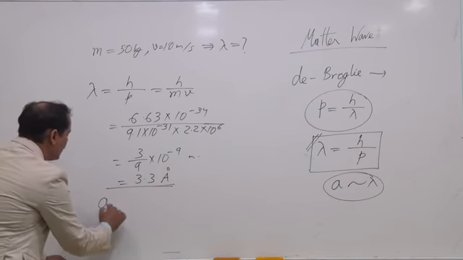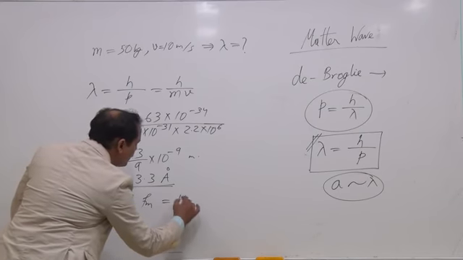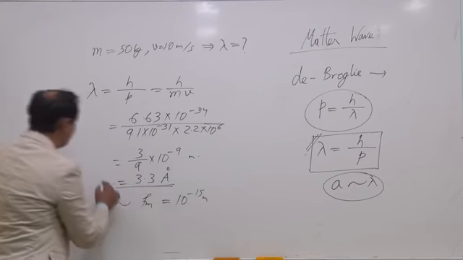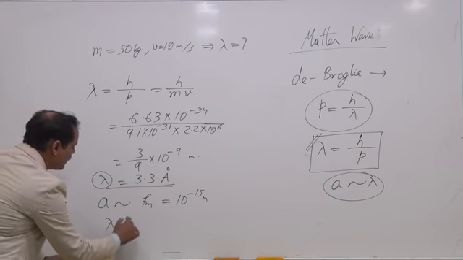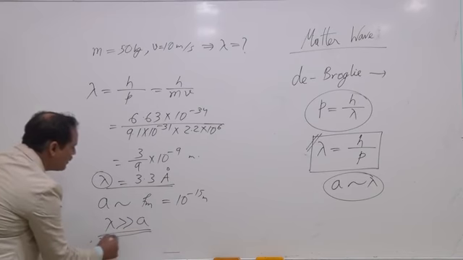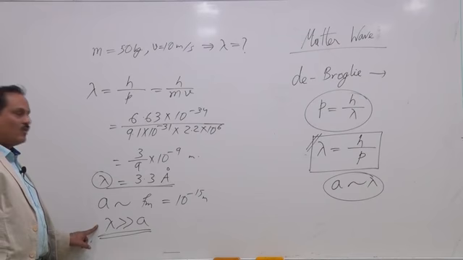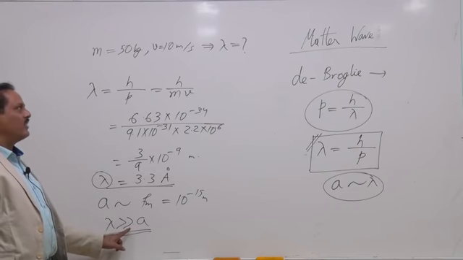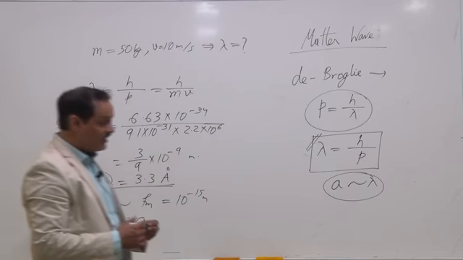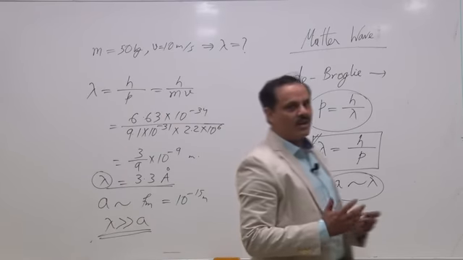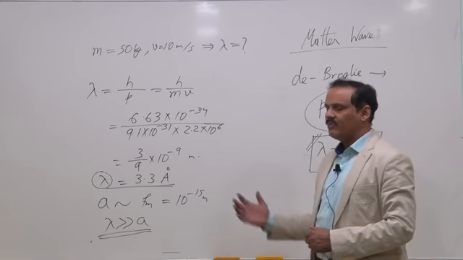Whereas the size of the electron is of the order of Fermi, that is 10 to the power minus 15 meter, and this is its wavelength. So, the wavelength of the electron is much larger than the size of the electron. So, we can see the wave nature of the electron and not the particle nature. That is why you might have heard that electron clouds are present in the atom, because there they show wave behavior